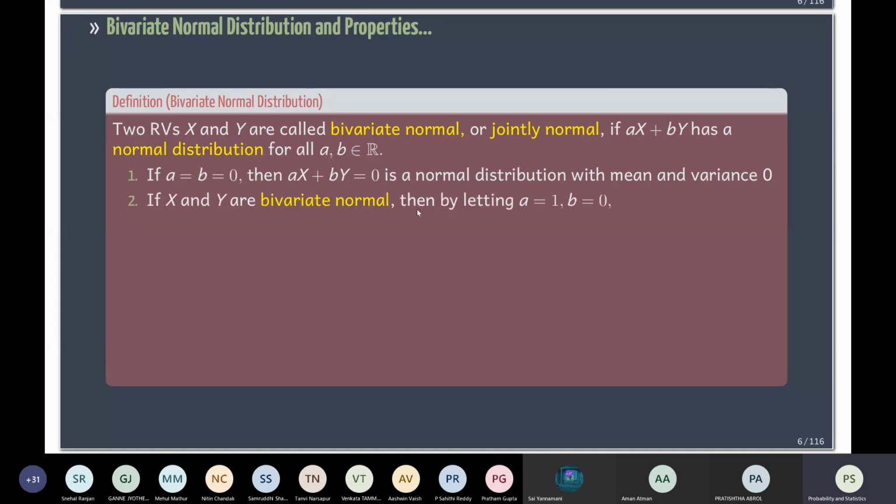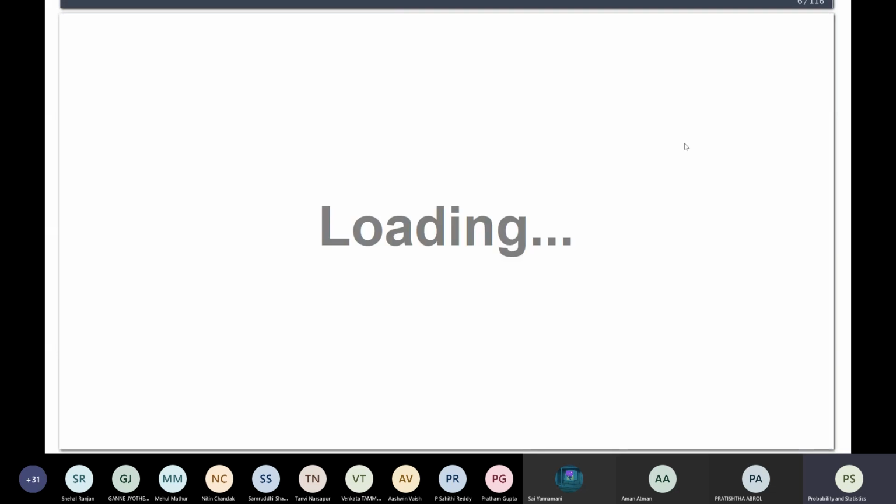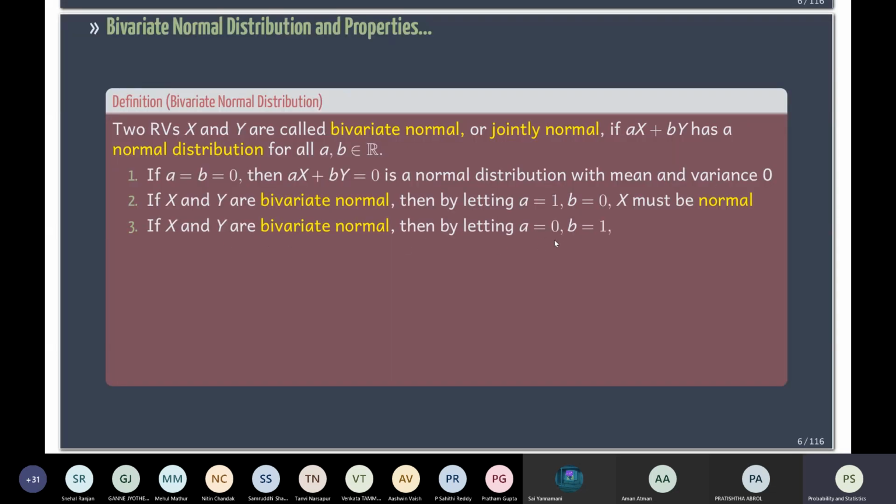And if X and Y are bivariate normal, then by letting a equal to 1 and b equal to 0, X must be normal. So these are the properties of bivariate normal. If they are known to be bivariate normal, then if a is 1 and b is 0, then X must be normal. And same thing we can say the other way. If a is 0 and b is 1, then Y must be normal. If X follows a normal distribution with mean mu_x and variance sigma_x square, and Y follows a normal distribution,